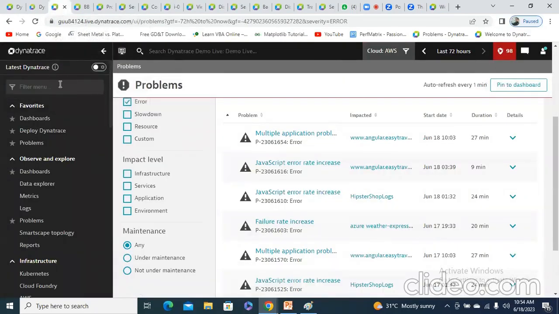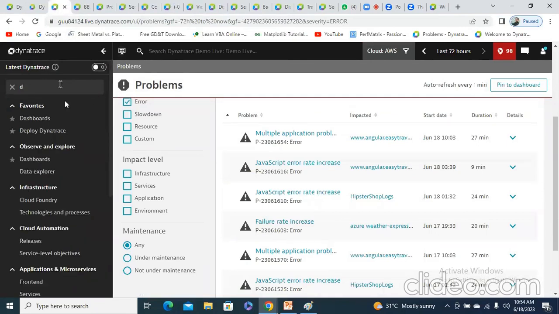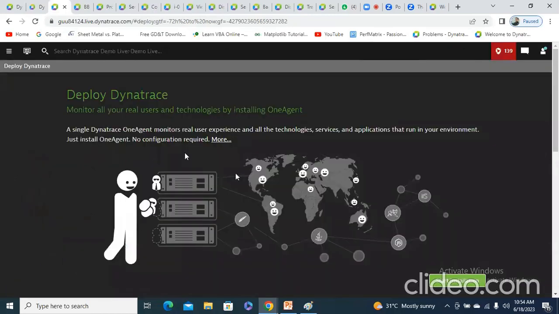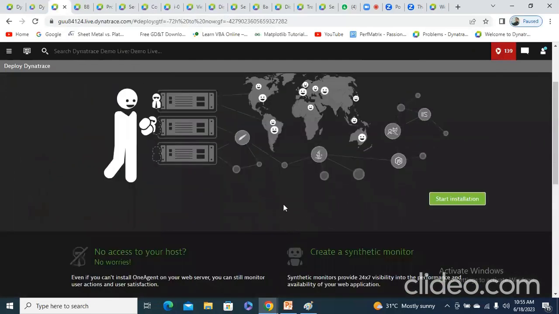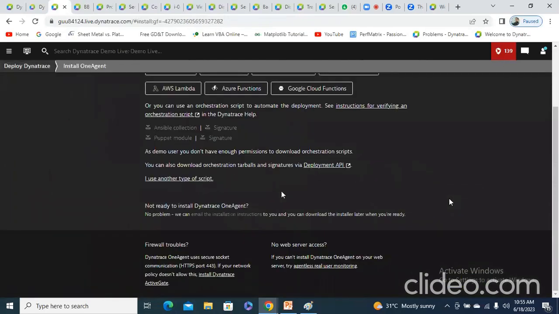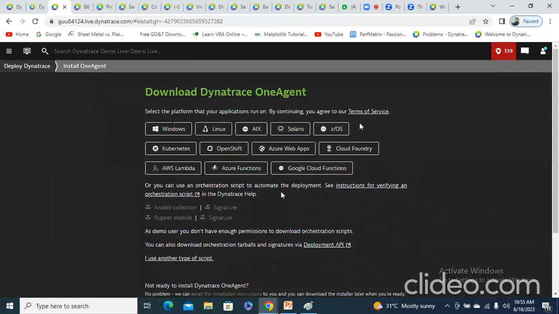And one more thing I want to tell you is how at first we will inject one agent into our applications, right? I have already discussed with you how we will deploy our OneAgent. I will show you. See, deploy Dynatrace means installing OneAgent into our application. So here, as I have already told you, it is not the technology perspective. It won't bother about which technology you are using, Java or .NET, but it will bother about the OS